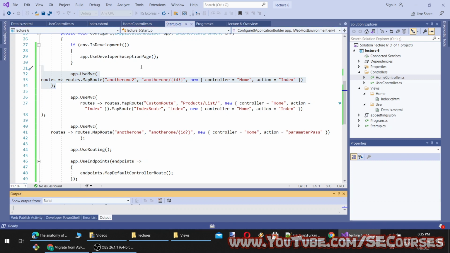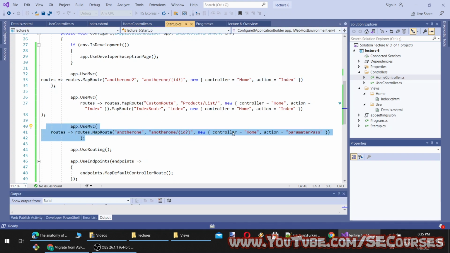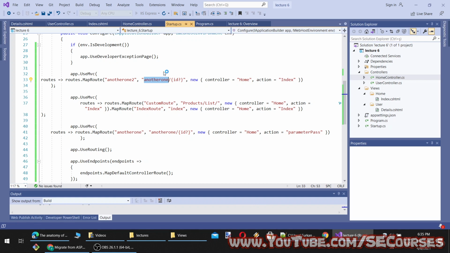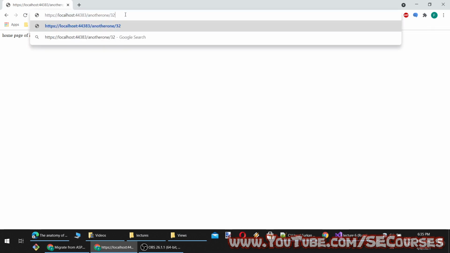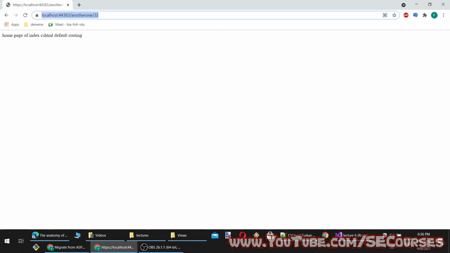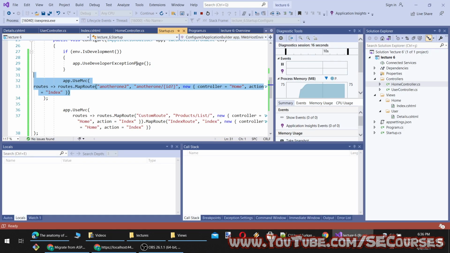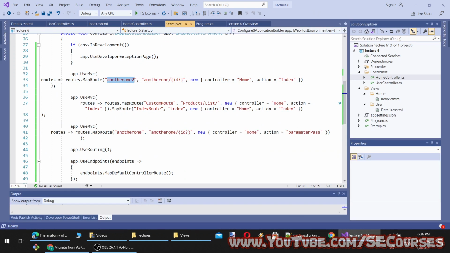Let's test it. So this one will not be used. Okay, and then I will add ID. You see, it is being used, not the other one. So this one is being used first. Let's say